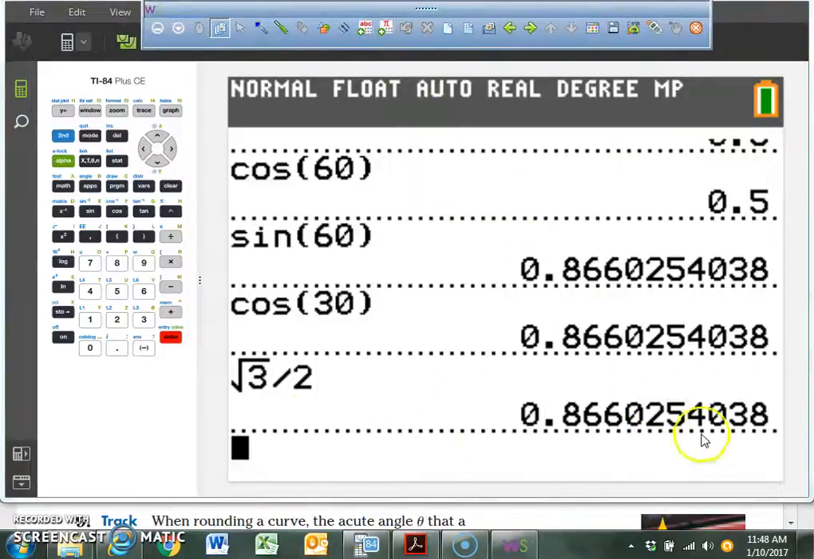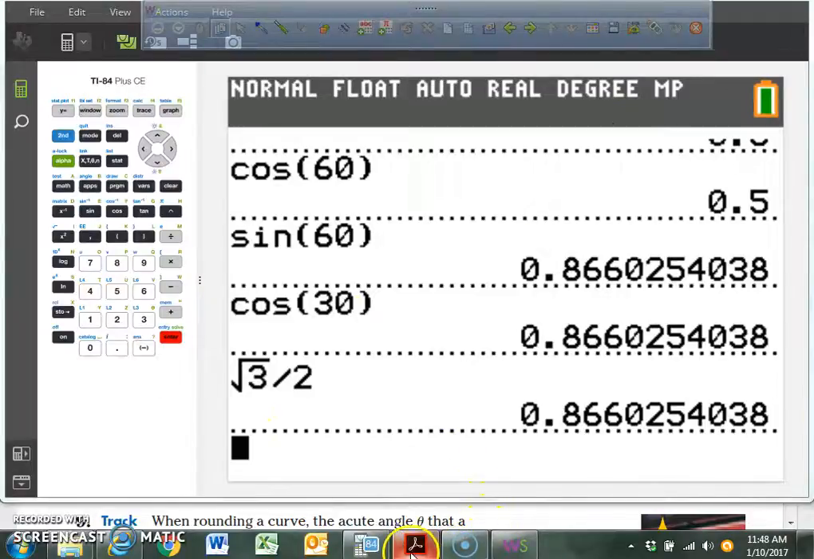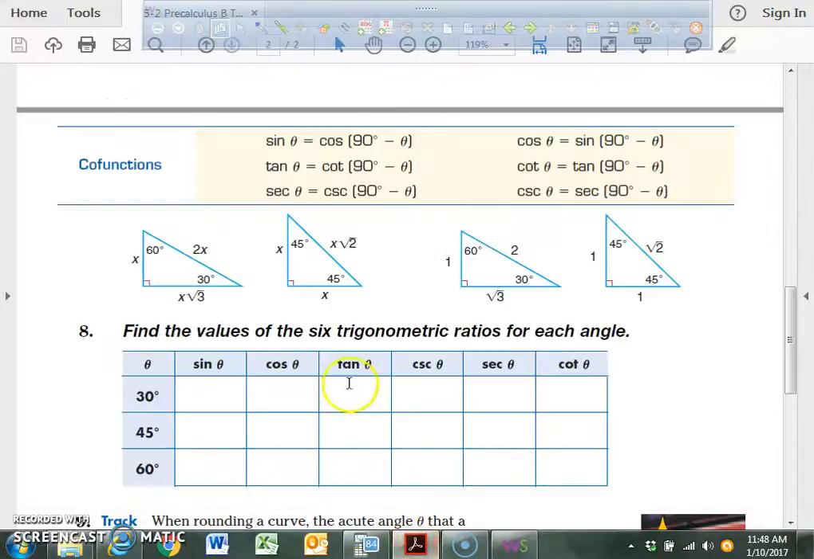So right here, this is a way to prove to yourself that the cofunctions indeed work. So what I'd like you to do now, everybody, is go to this and make sure you have all of them. You can do the exact same thing with your 45-degree angle. So your mission is to complete this table in your journal, and when you have it completed, put it